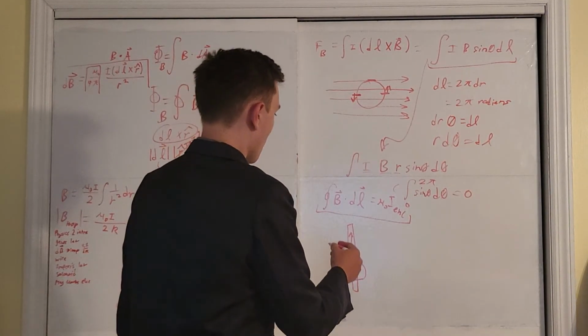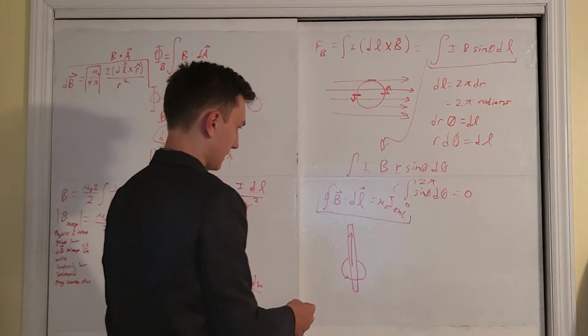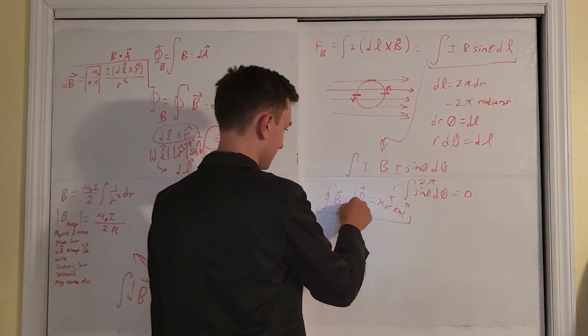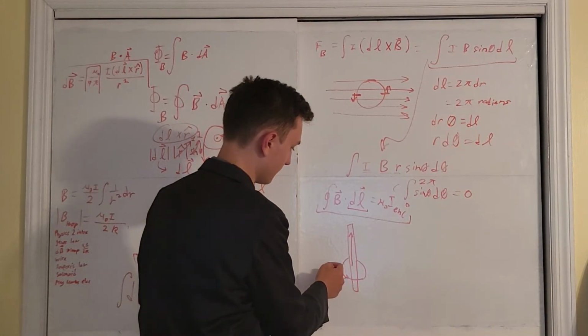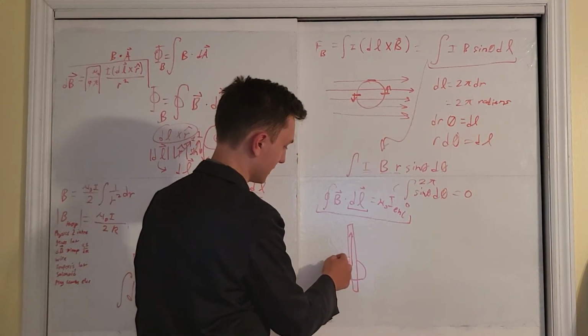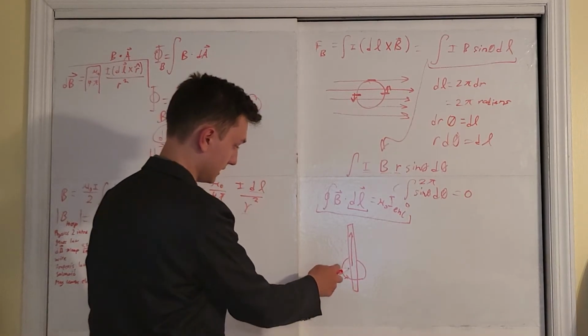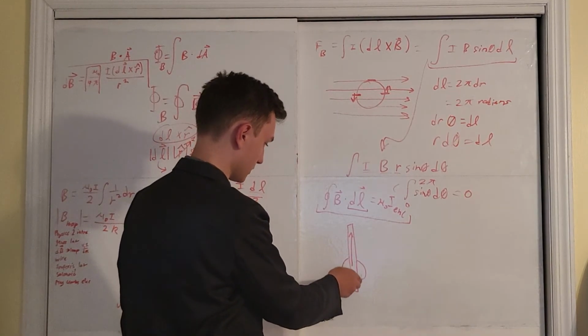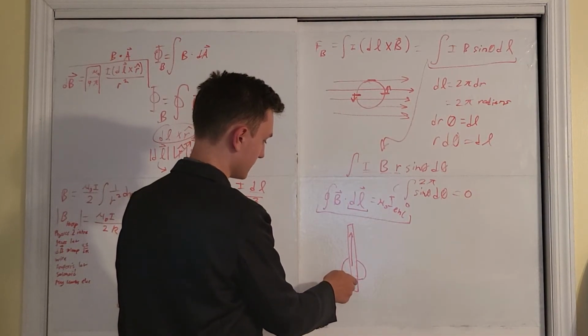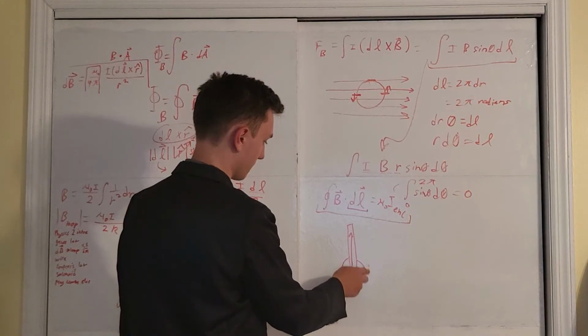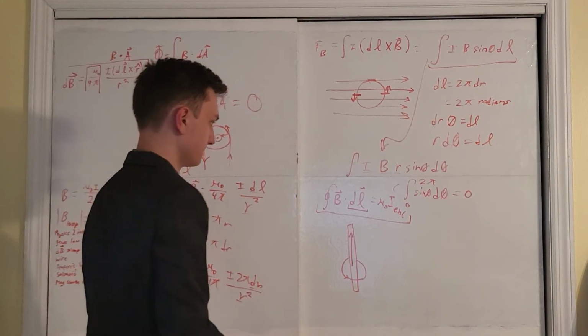So basically what this integral is telling us is the length differential is referencing the length of the path taken by the magnetic field vector, okay? So you can see that the magnetic field vector forms a circle, so the length differential is a reference to